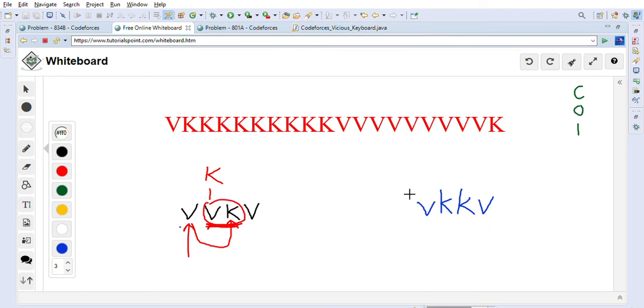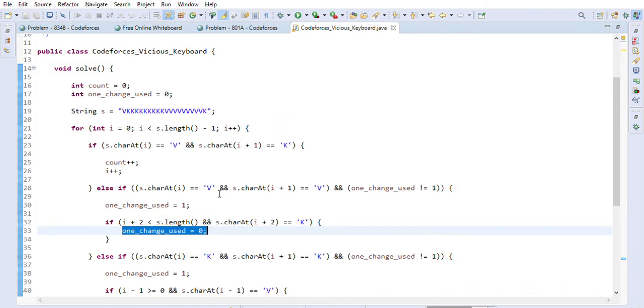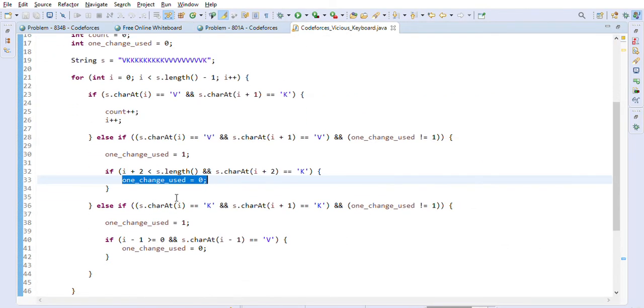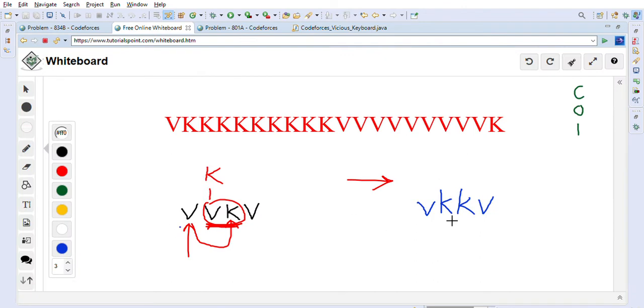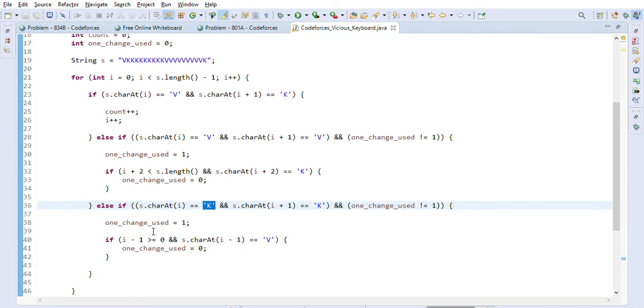Now this is the second scenario that I will show you. In the second scenario, we are at a character which is k and the next character, i plus 1, is also k. So this is that scenario. We are at a character which is k and the next character is also k here. So we are thinking, should we change this k into v or not? First we are saying that we are changing it, for example, and then we'll just say